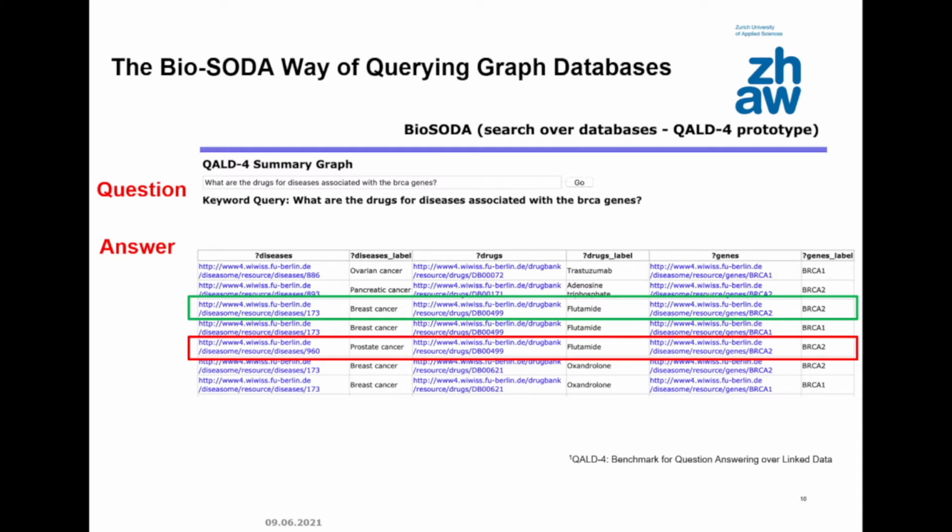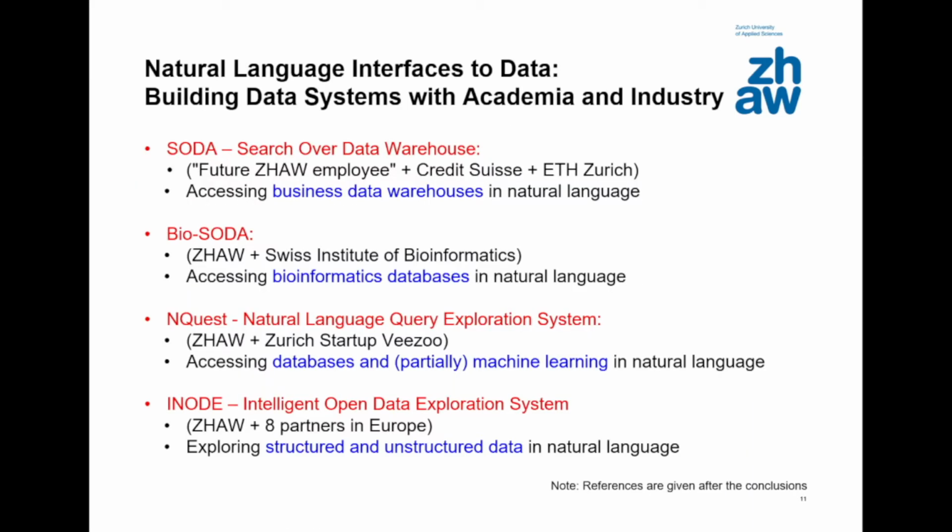If you look a little bit closer, same gene, breast cancer gene, the same medication, drugs, prostate cancer. That's actually interesting. I looked for breast cancer. Is it now a problem in the data? Is it a problem in the system? Apparently, the drug associated with this breast cancer gene, you can use it for breast cancer, so for half, hopefully, of the population, plus also for prostate cancer. Is it a true answer? I have no idea. The system gives me this. At least it gives me an answer. I didn't have to write a complicated query before.